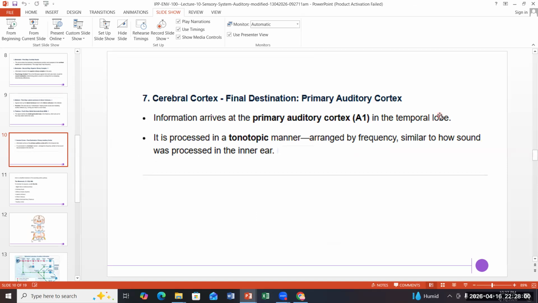So this is something we need to understand. If the examiner asks you about the auditory pathway, you need to write the entire pathway through which the electrical impulse is passed. I have noticed that sometimes students write the structure of the eye or the structure of the ear if the auditory pathway or visual pathway is asked. So please be very careful.